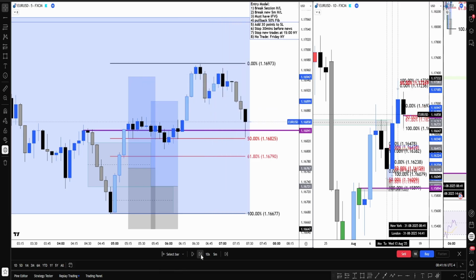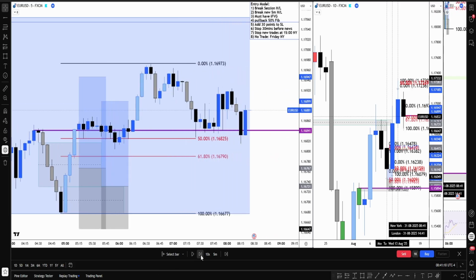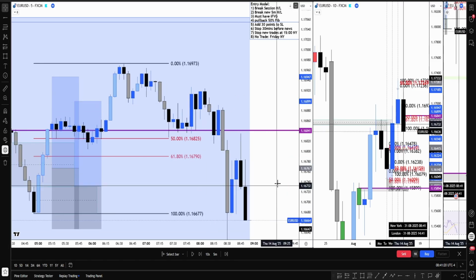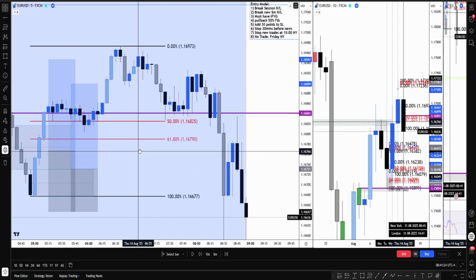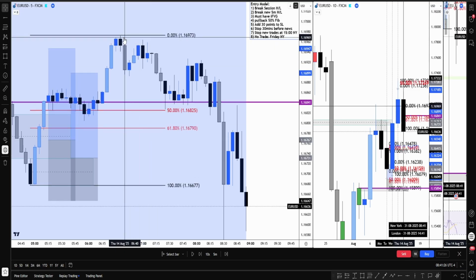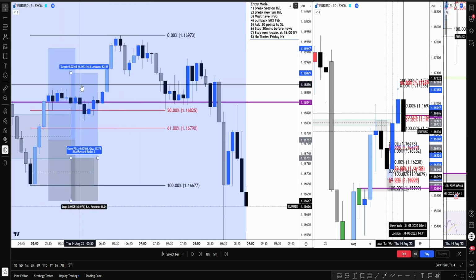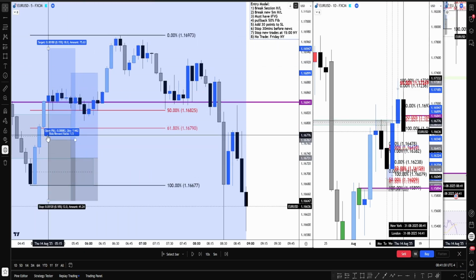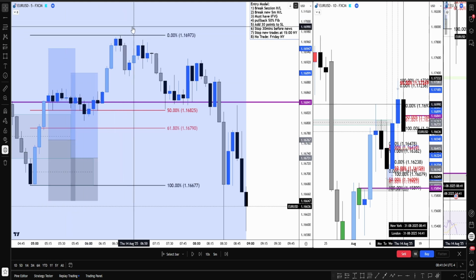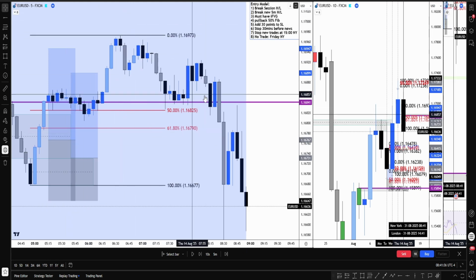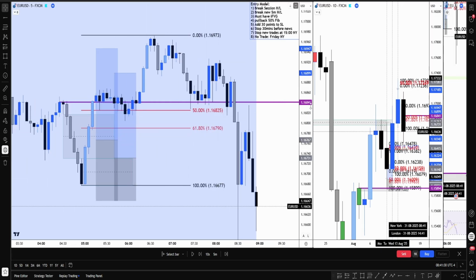Because what can happen is that you get stuck. You saw what just happened now, right? Good example. If price hits your take profit level of your trades before hitting your entry, that's a no trade. Absolute no trade. You move on to the next day, or you move on to the next session.